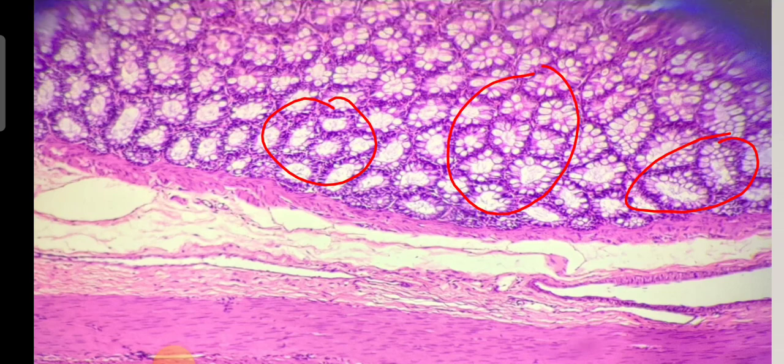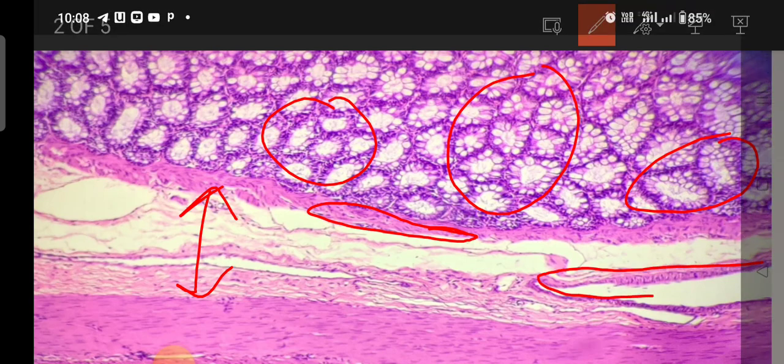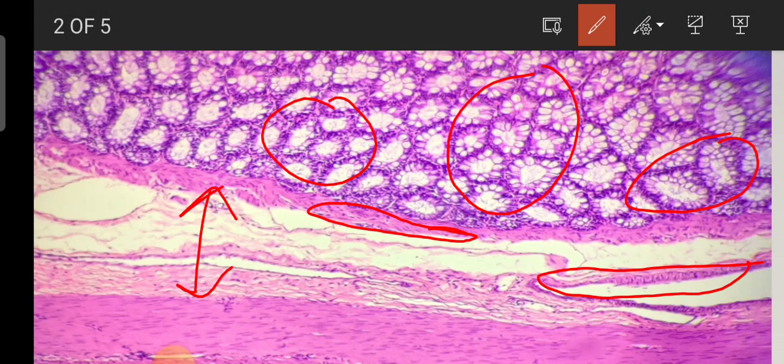the stem cells. Now beneath the lamina propria we see the muscularis mucosae. So this is the layer of muscularis mucosae, and below that we see this submucosa, which is made up of connective tissue, blood vessels, nerve plexus. The nerve plexus here is known as the Meissner's plexus, and also the lymphatics are found. Here we can see this is the blood vessels, and these are the nerve plexus which are found in the